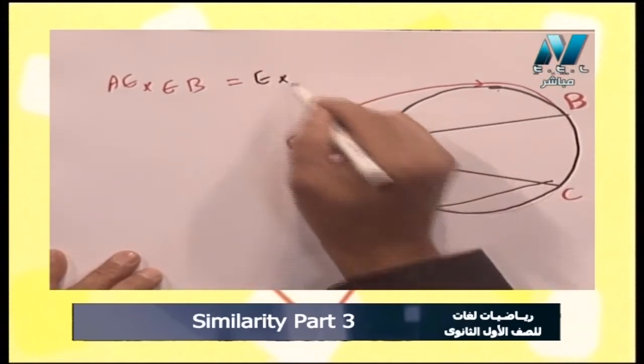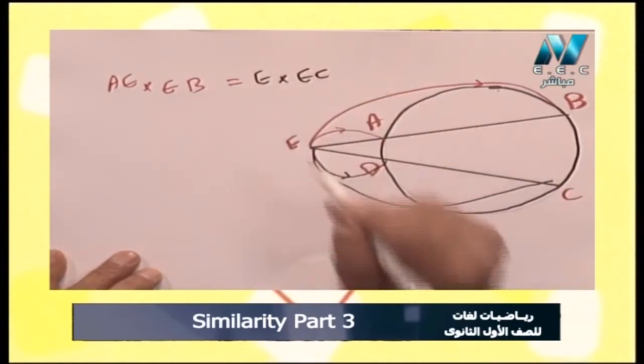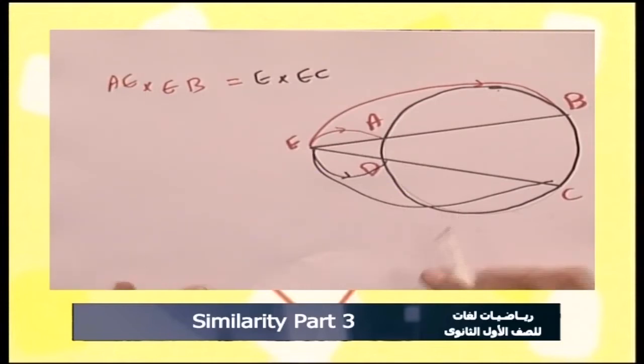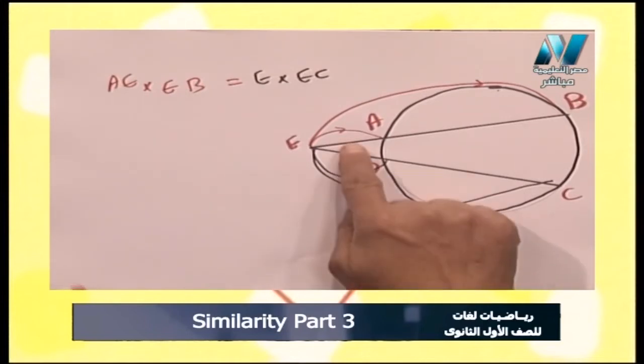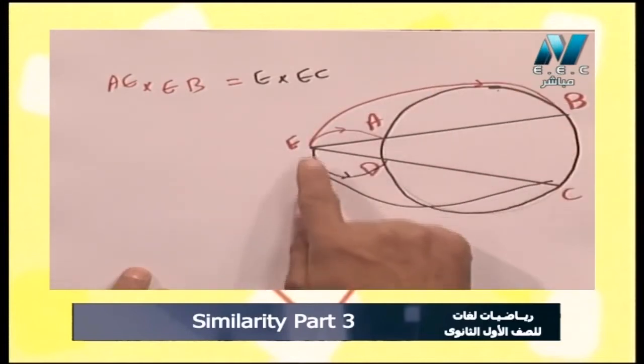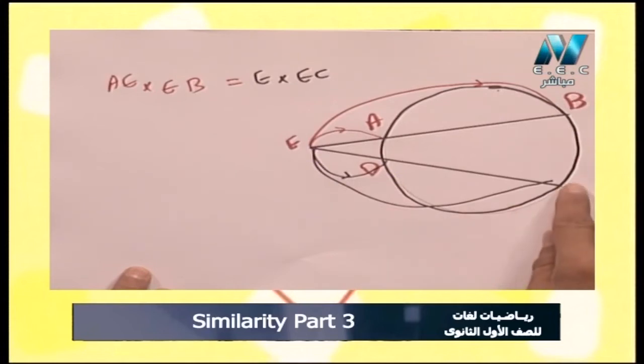ED times EC. Why has this happened? We will find out why this part multiplied by this part equals the small part multiplied by this part. Also from similarity,